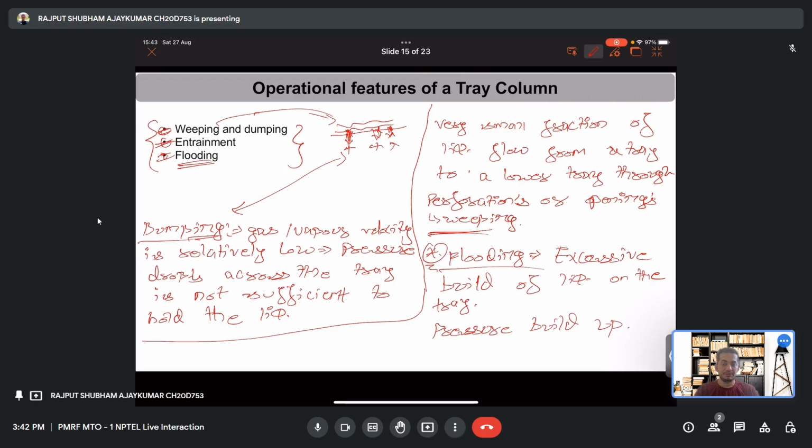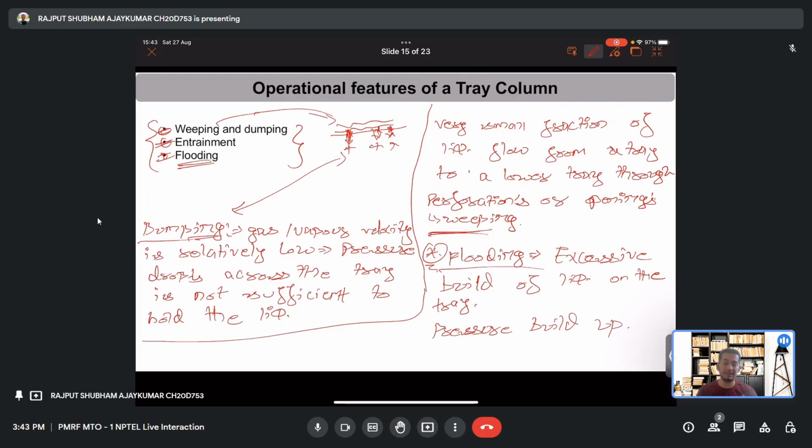So just go through the lecture notes, try to see what has been explained, and also see some of the examples. There are various examples in the industries also. I've also worked in the industries and I've seen flooding in many distillation columns, tray columns as well as in packed columns. It basically happens because of the pressure buildup or the liquid buildup on the trays, which floods the entire column,